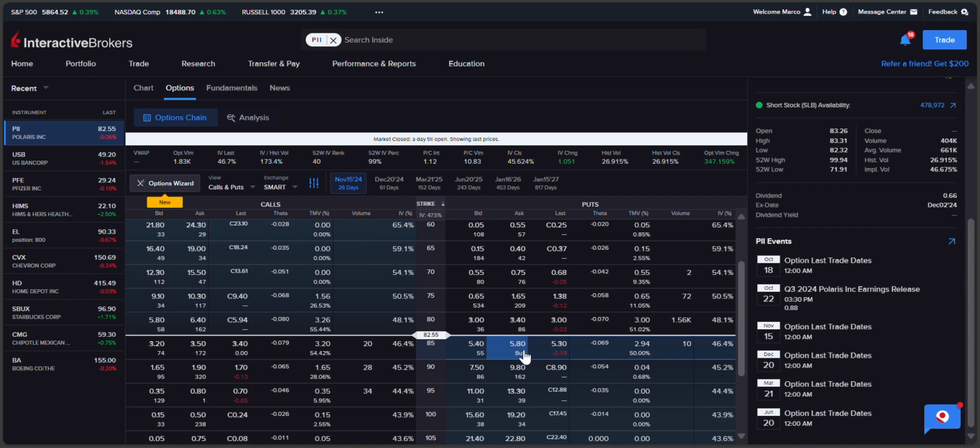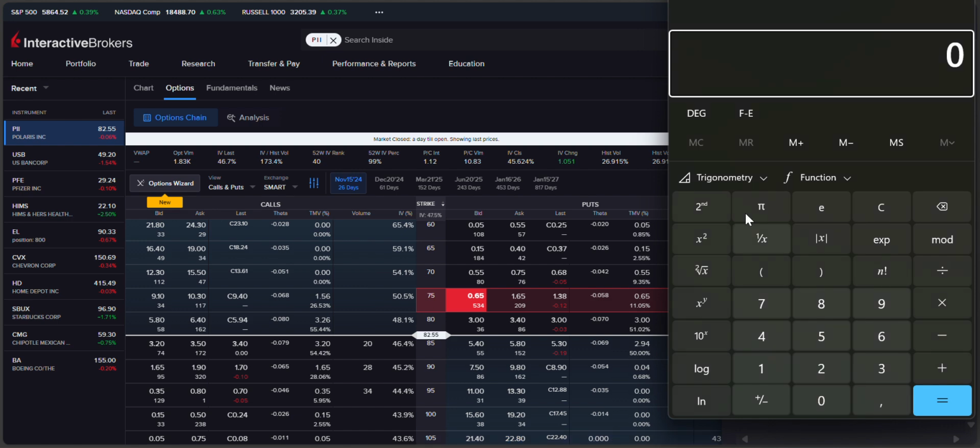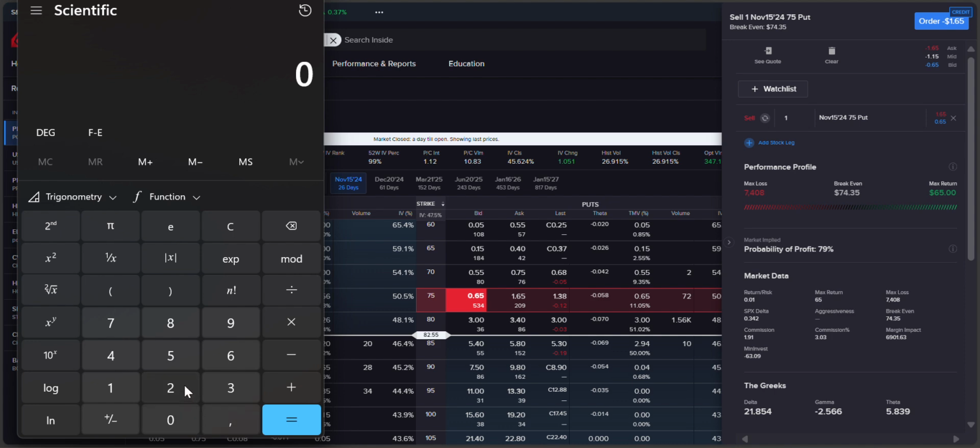And I can give you, for example, if we put here in a calculator, let's just say, for example, here, this is a strike price that I would probably use because it has a probability of profit of around 80%. And so by using this particular option and making the expected profitability of it, we can see that, for example, even though this is not traded on a weekly basis, we can do this anyway. So this would be, because each contract has 100 shares, $65 in premium in exchange for